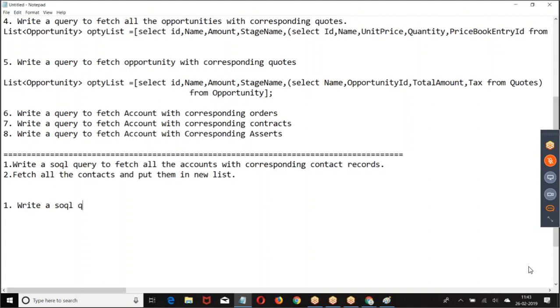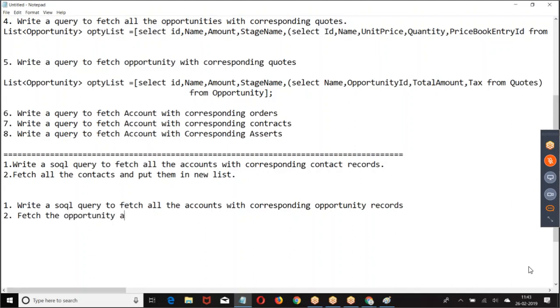Write a SOQL query to fetch. Now write this.